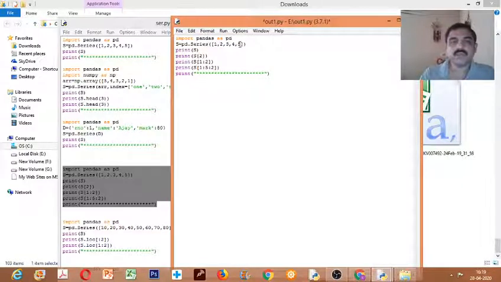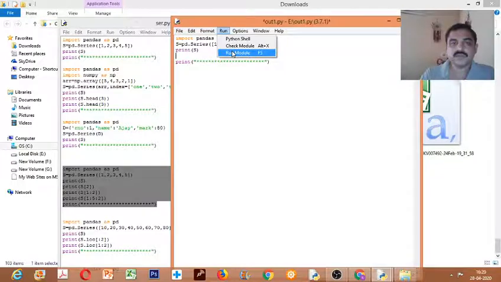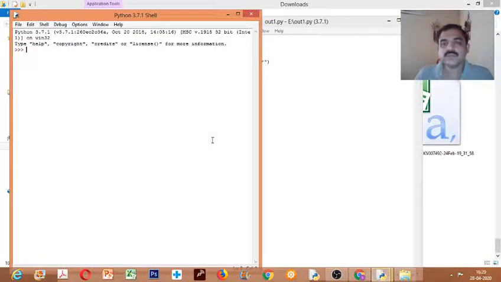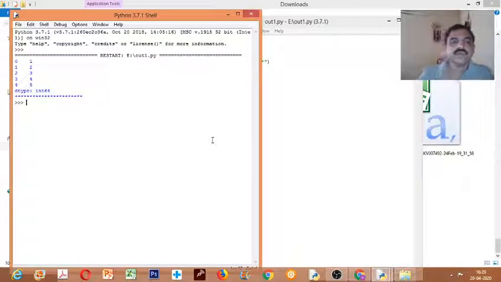A list of values is passed. Print s prints the series created. Okay, let us see only this. So we have the series created here.